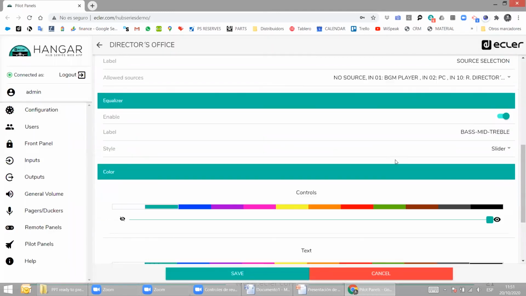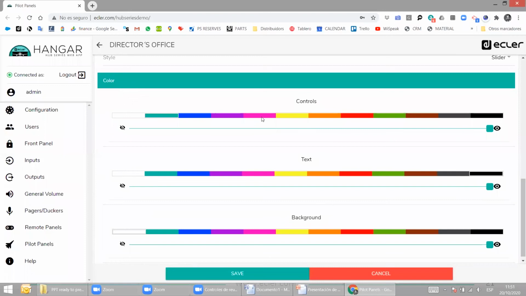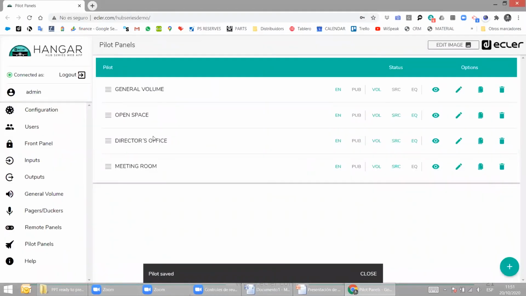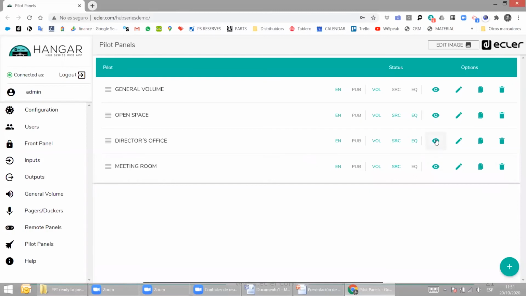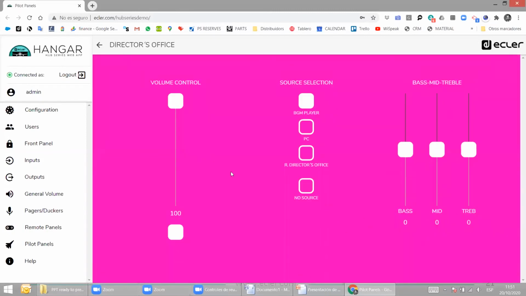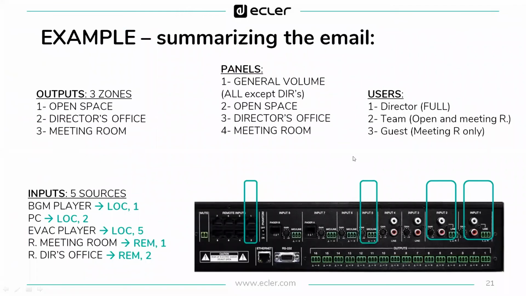Okay. Then they said that her favorite color was fuchsia, right? So here we have a chance to satisfy her. Perfect. Background fuchsia. Text white. Controls white. It will be a little bit shocking. We'll see. Director's office. Let's see the panels that she will see on her phone. Beautiful. Okay. She will control the volume, the source selection like this, and a little bit of tone control. So now that we have her happy and satisfied,